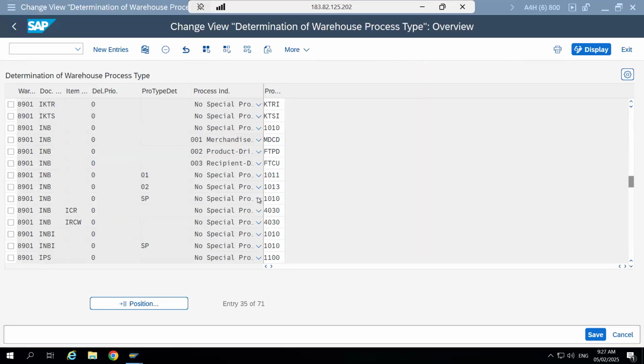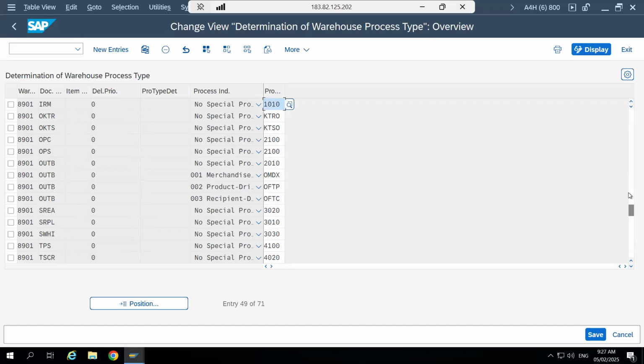For our warehouse, if we have a delivery with a document type OUTB, right? As you can see, for warehouse 8901, a delivery with document type OUTB, the system should determine warehouse process type 2010. Okay, so if we define